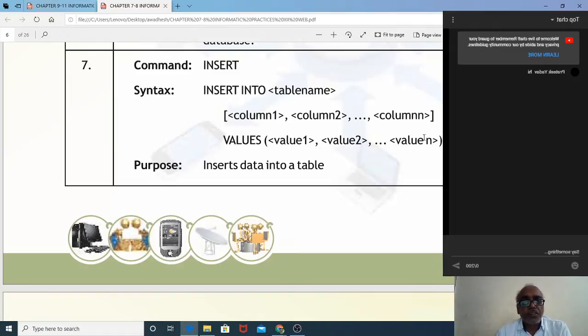Okay? Now see, what is the difference between the INSERT command and the UPDATE command which we have done? The INSERT command is used to give the first row. When you want to write the first row inside the table for a particular person, then you write INSERT INTO table_name, clear? Column names and VALUES.